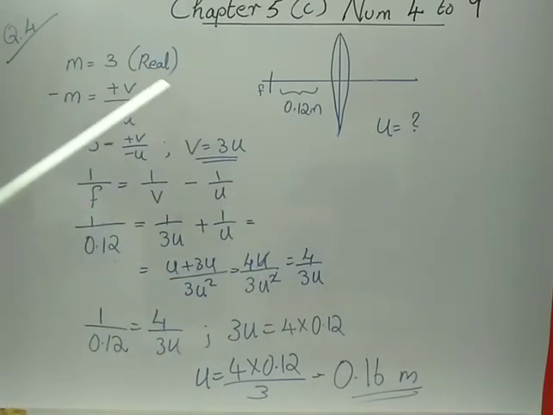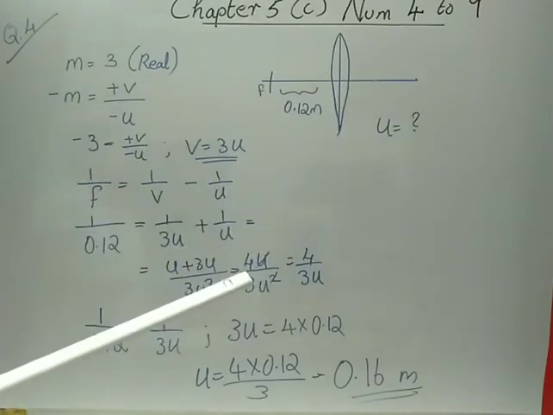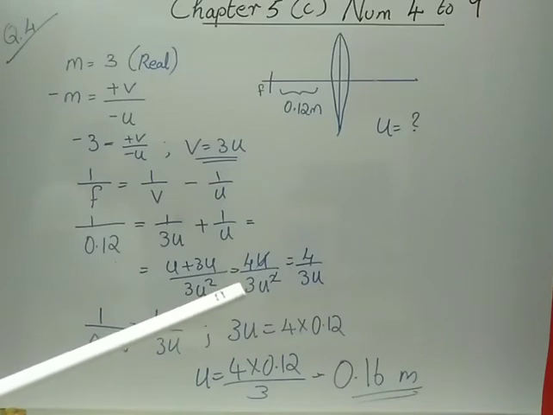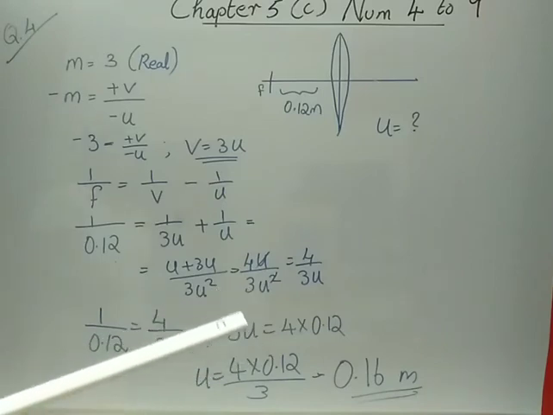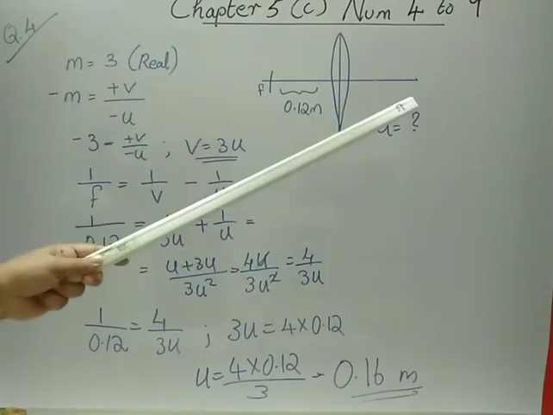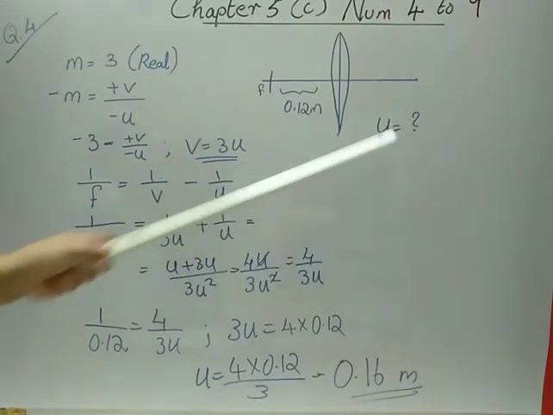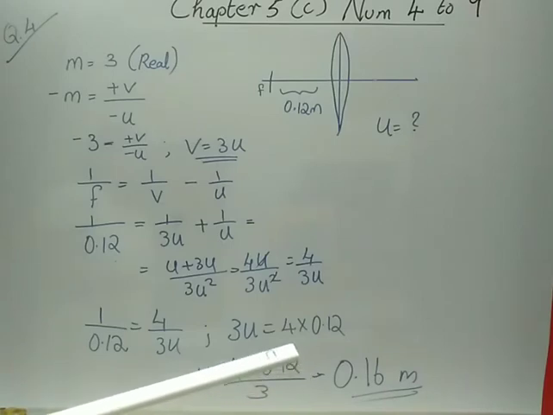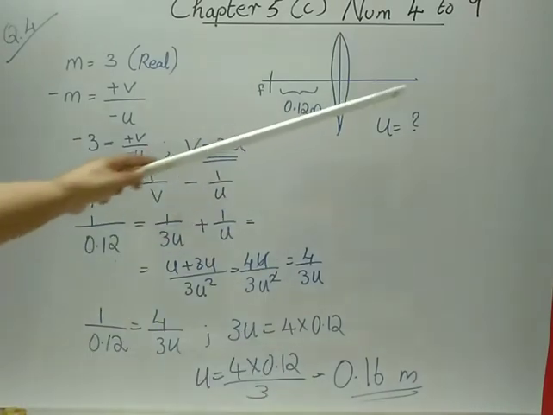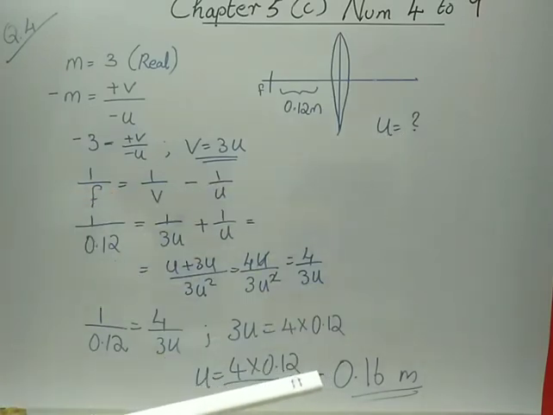From the question, a real image will always be formed on the opposite side. That is clear. For a convex lens, a concave lens will not produce a real image. A real image is produced only by the convex lens. And real images will always be on the opposite side, and they will always be inverted, that is downward. Real images are always inverted. So the inverted image means it is below the principal axis, so we can take the magnification as negative.